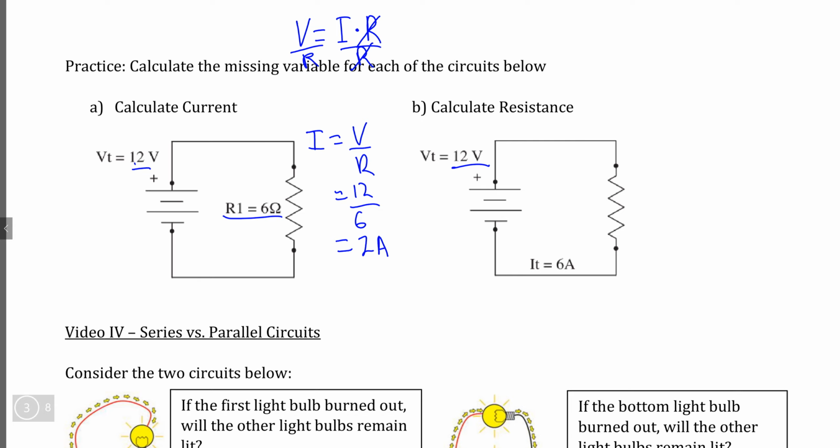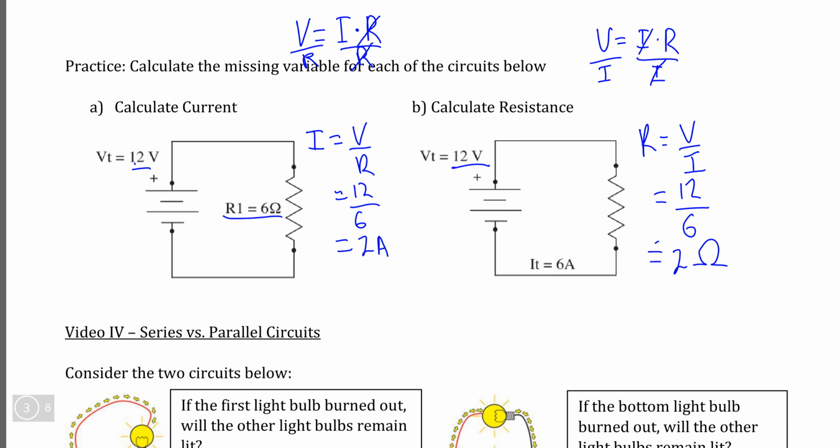And now we need to find out what the resistance is, so we can manipulate our equation to find the resistance form by isolating R. So we can divide both sides by I, our current. They cancel out, so R is equal to V over I is our starting point, and because these numbers are the same as what we used before, here our resistance must be equal to 12 volts divided by 6 amps. So here our 12 divided by 6 we know is 2,